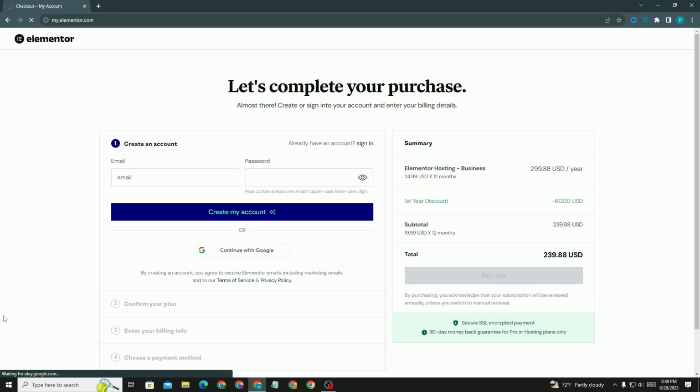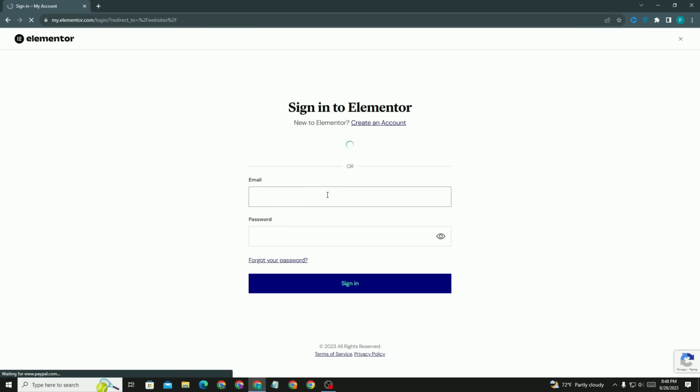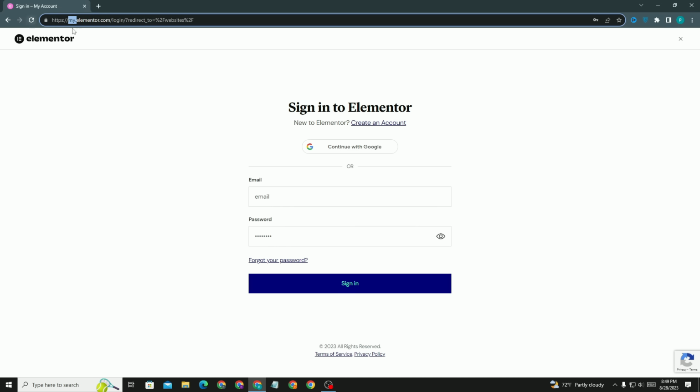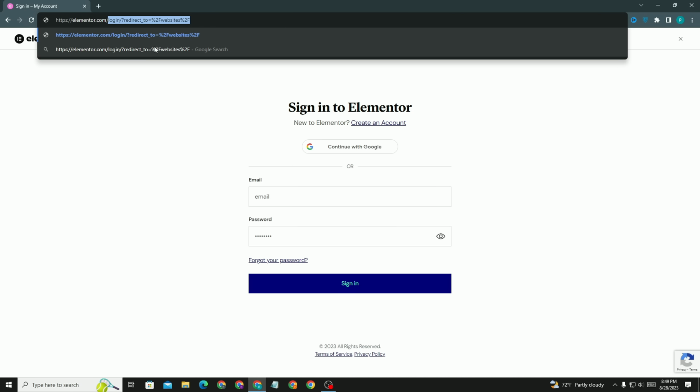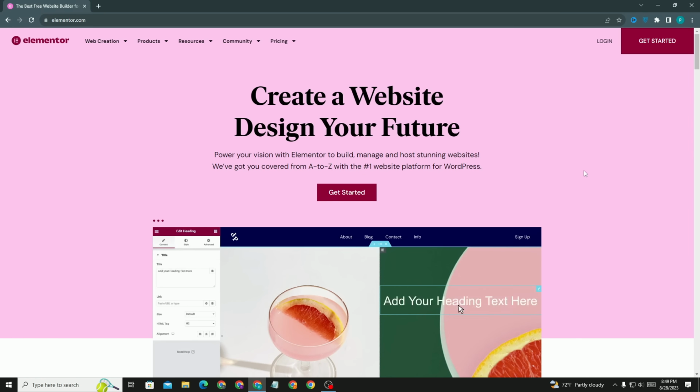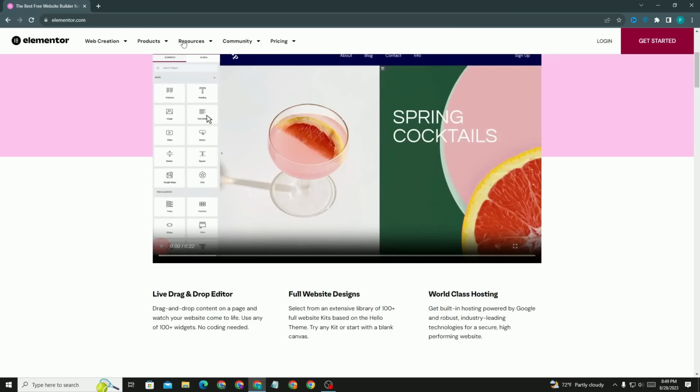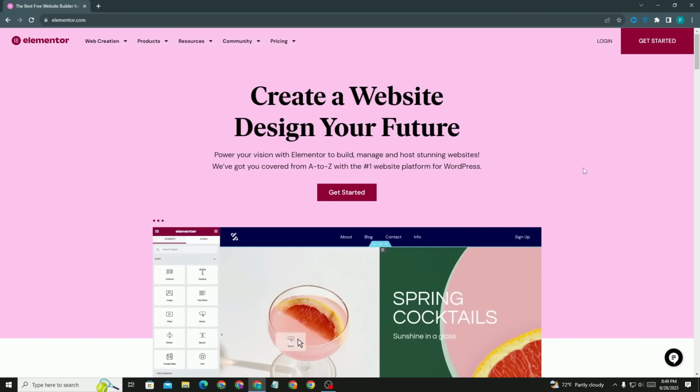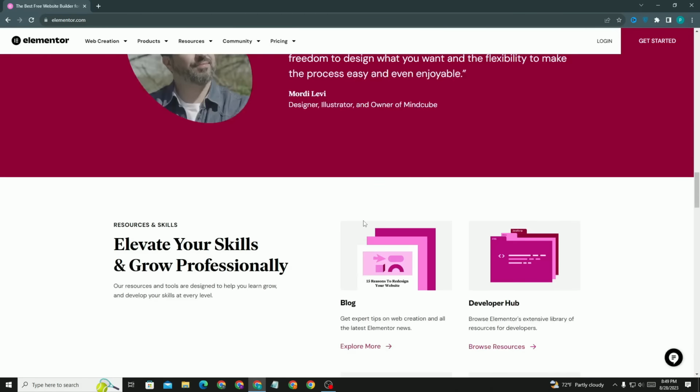Personally I love Elementor part of WordPress. Whenever I build a website for my client and for me also, I use Elementor. Simply you can sign in to Elementor, then you will be able to log in. After creation of your account, you need to sign in, then you will be able to purchase all those plans. So simply read those pricing and plans very carefully, then go through it. Personally it is a very good platform, the best thing that I have ever seen.